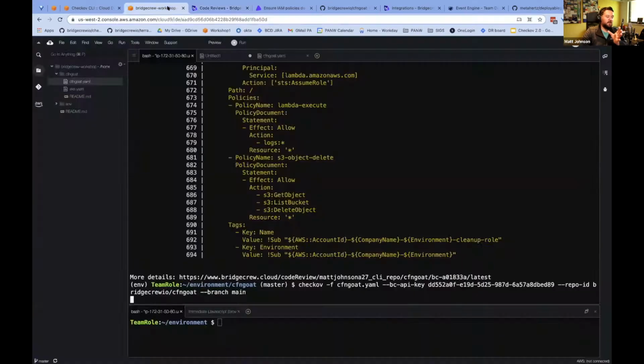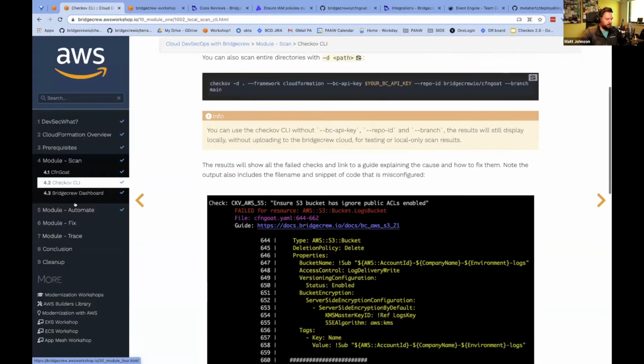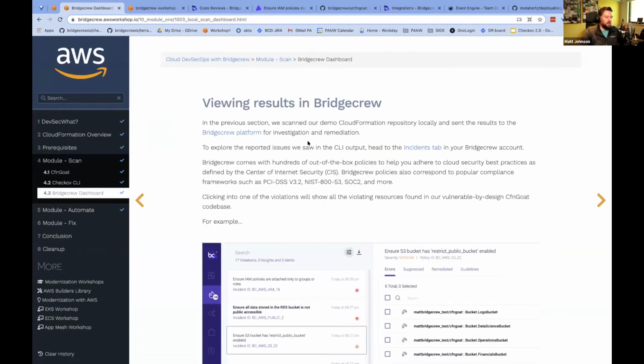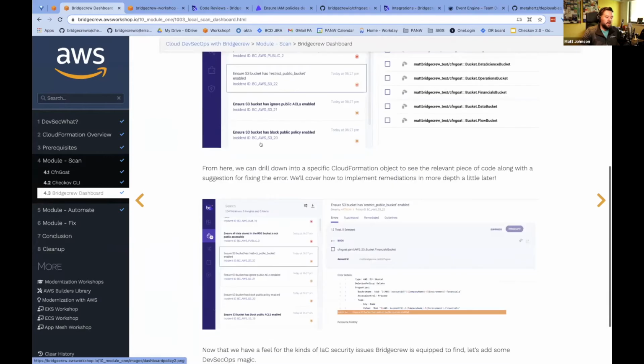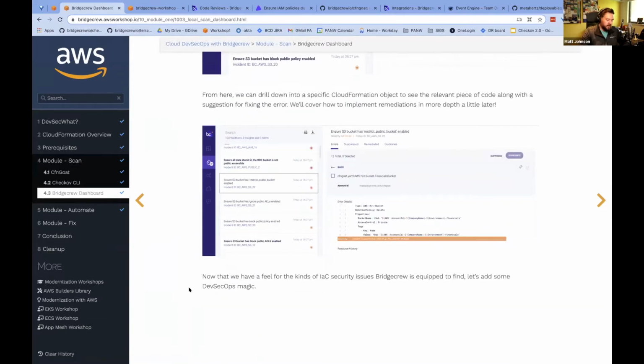And again, all of this is available to go through at your own pace and retry some things if you need to. So what we've done there is we've seen that everything you run with the API key in Checkov gets attached into Bridgecrew, and that's just a much nicer way of finding, filtering, and sorting. Now,